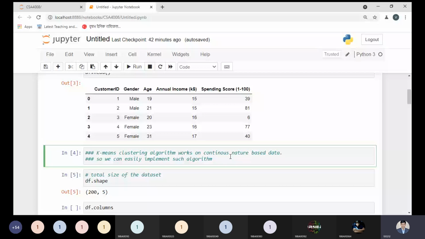Suppose we have X information, and based on X you get the Y information. That is information known to you, so we have supervised learning. But here we have unknown information, the unlabeled data set. That is my point right now. Is it clear?